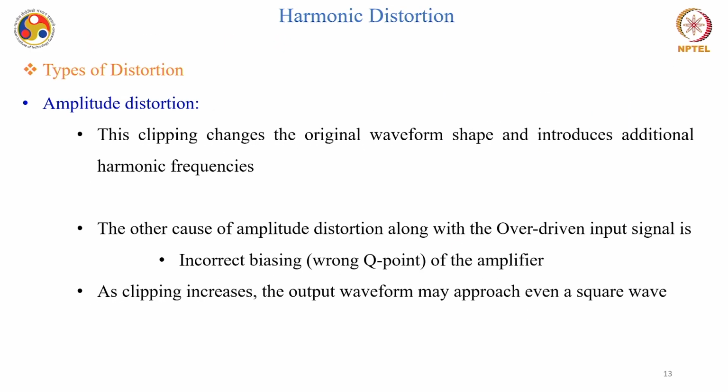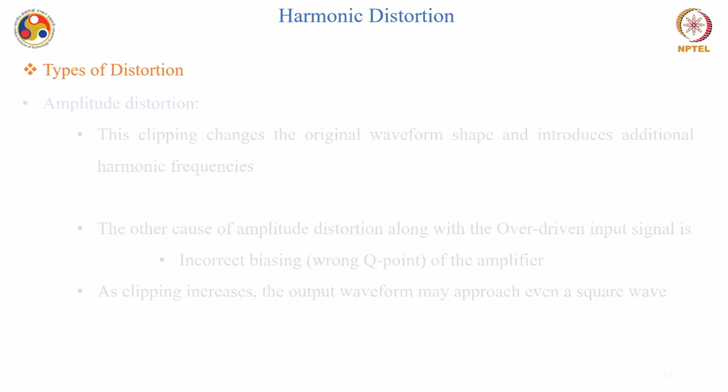This clipping changes the original waveform shape and introduces additional harmonic frequencies. The other cause of amplitude distortion, along with the overdriven input signal, is incorrect biasing, or you can say the wrong Q point of the amplifier. As clipping increases, the output waveform may approach even a square wave. You have input as a sine wave and you may end up getting a square wave because of this amplitude